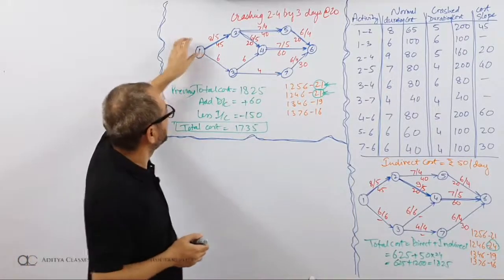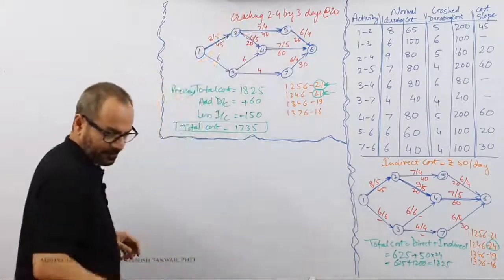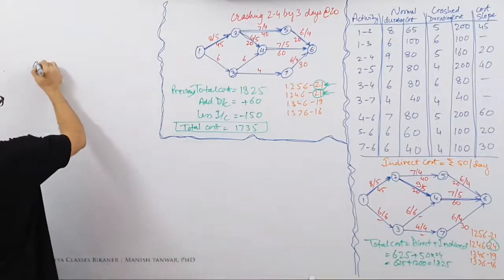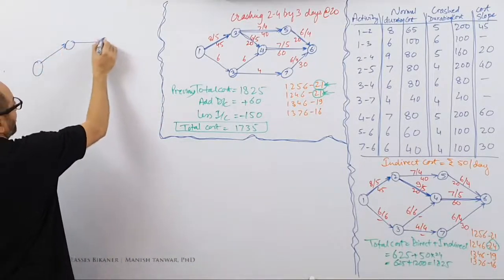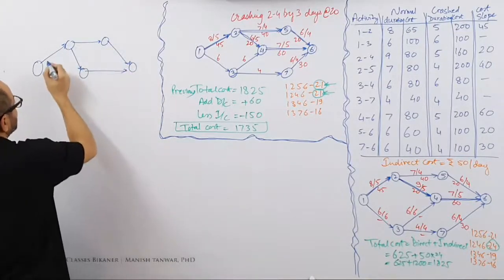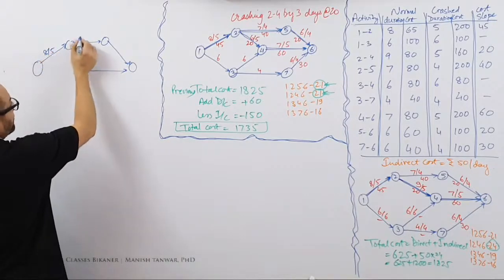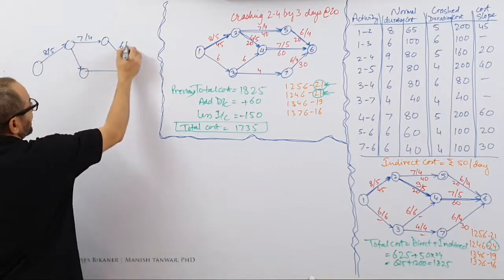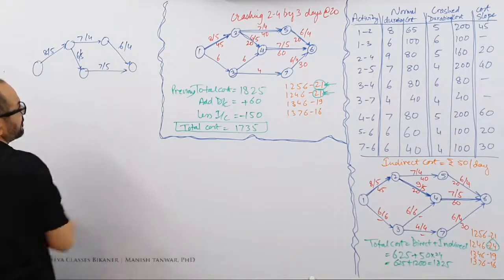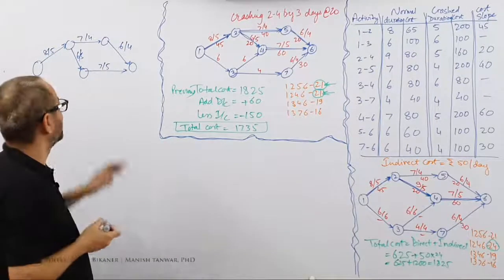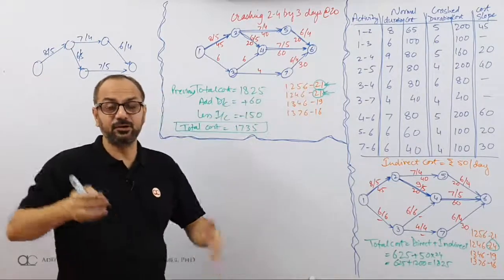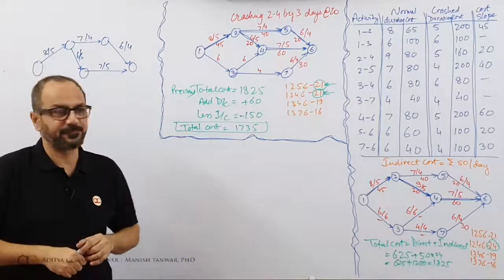This is the network. This is my path. Now let us consider these two paths separately. Then we'll take a decision. Just let us consider them. 8, 7, 4 and 6, 4. 6 and 7. This is the situation. These two are critical. Now you need to bring this 21 down to 19. You need to bring both these paths to 19.